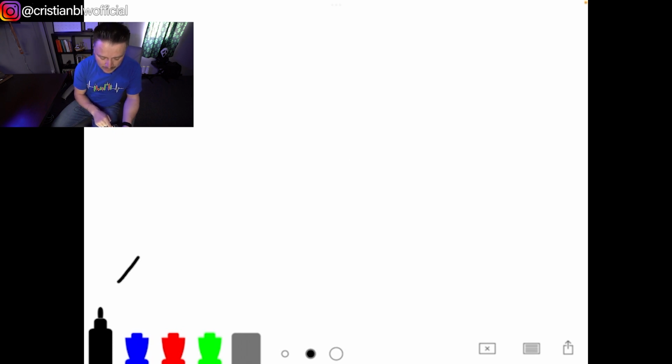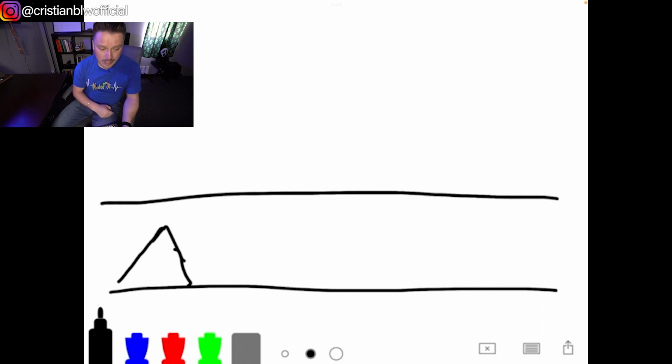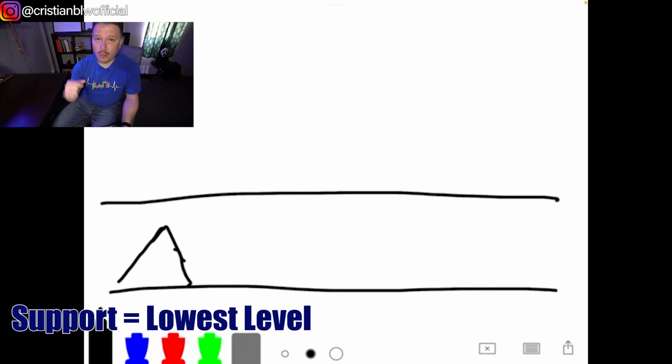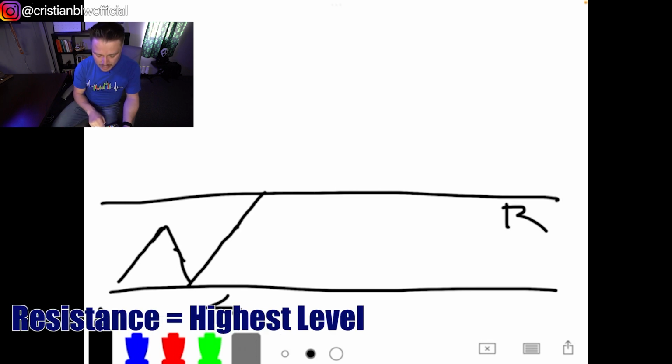Let's say that the price, and this is one of the most common movements of the price of the market, actually does this. There is something called support, and there is something called resistance. The support is the lowest point where the price goes, touches, and then starts jumping, just like right here. That is a support. This is a resistance. It's when the price touches this level and then drops. That is a resistance level.